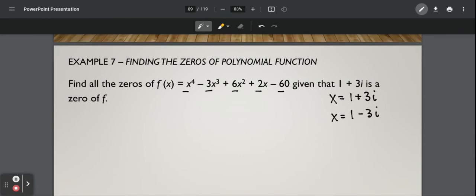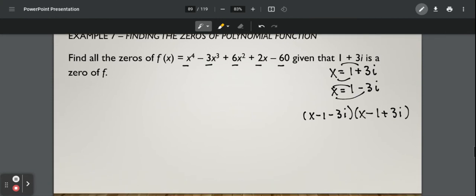So if we were to write these as factors, and we move the 1 and the 3i over, we would have x minus 1 minus 3i. Same thing here, if we move the 1 and the 3i, we would have x minus 1 plus 3i. So what we're going to do now is FOIL this out. FOIL this out, we get x squared